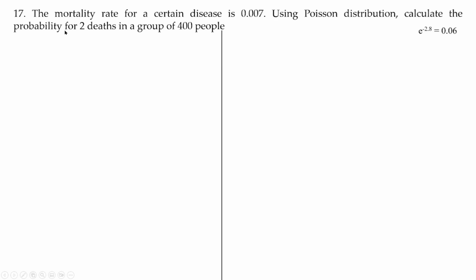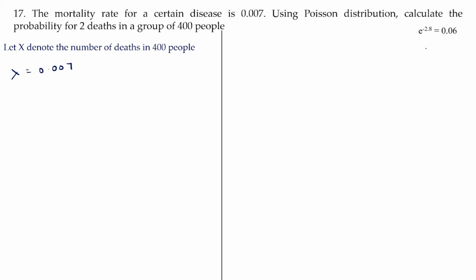So here it is given the mortality rate, that is the rate at which people will die, that is called mortality rate. For some disease it is 0.007. We have to use Poisson distribution to calculate the probability of 2 deaths in a group of 400 people. So let X denote the number of deaths in 400 people. Here they have given the mortality rate is 0.007. So lambda is